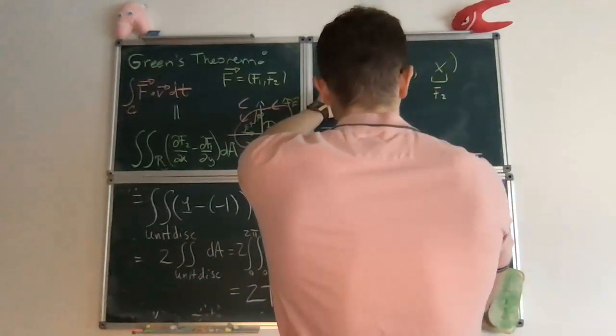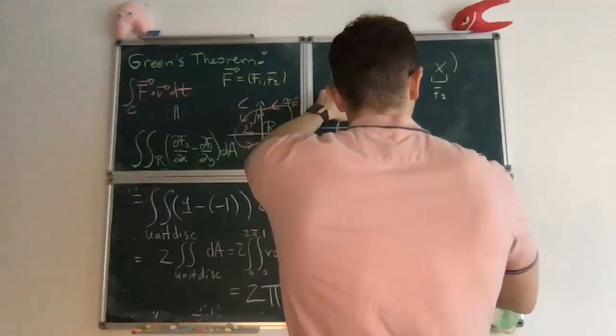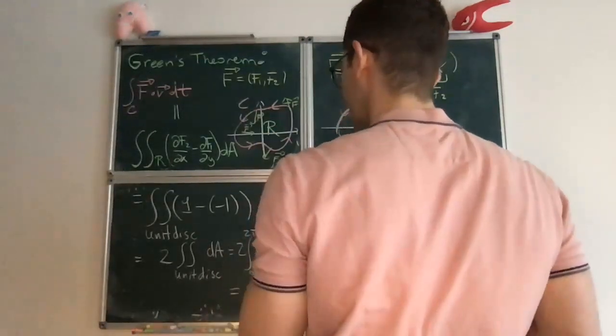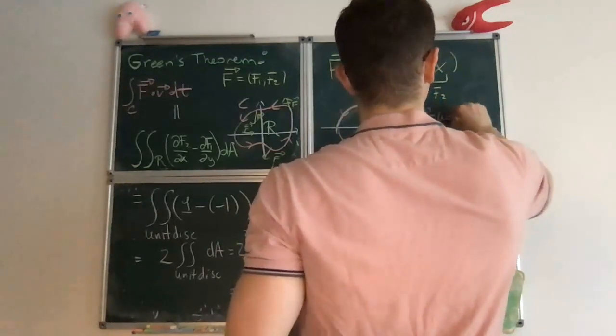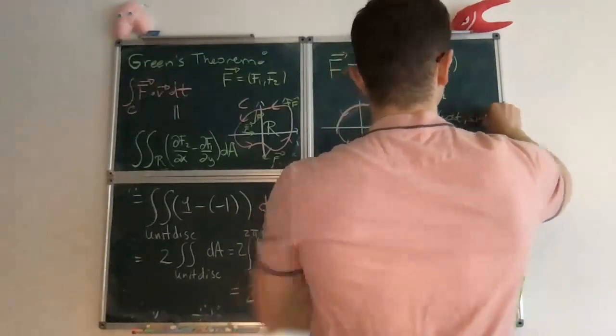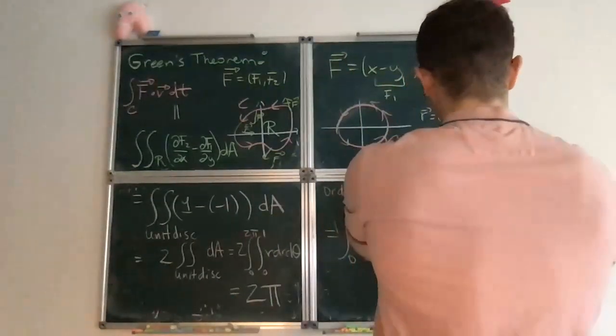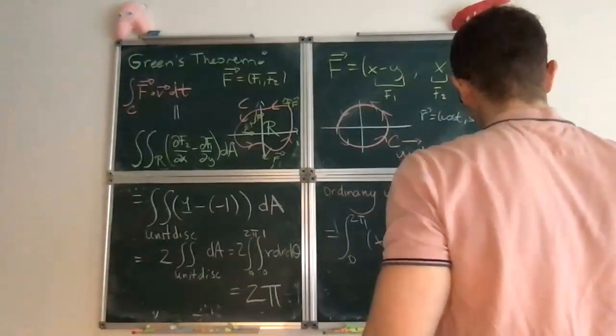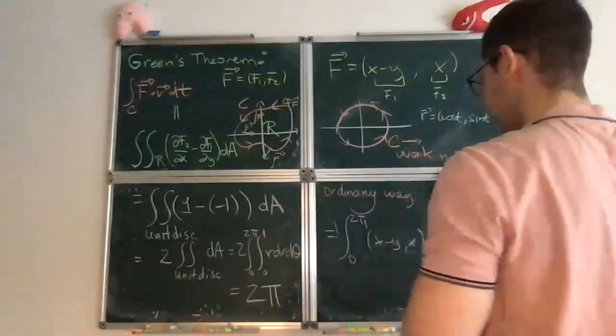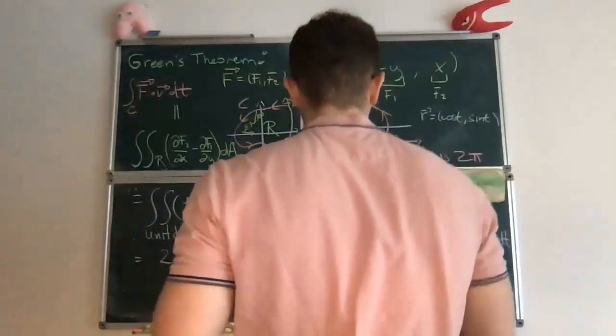Remember this, F dot v. The equation of the circle was cosine of t, sine of t, so the velocity is negative sine of t, cosine of t, dt. And again, remember that on the circle,